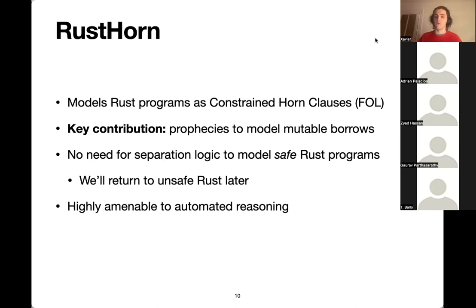We boil all of that away and just leave this core of first-order logic verification conditions. This produces verification conditions which are very compatible with existing SMT solvers and first-order logic reasoning tools, because we've eliminated all the really tricky stuff about handling the memory, handling our heap. All that's been eliminated by this encoding.